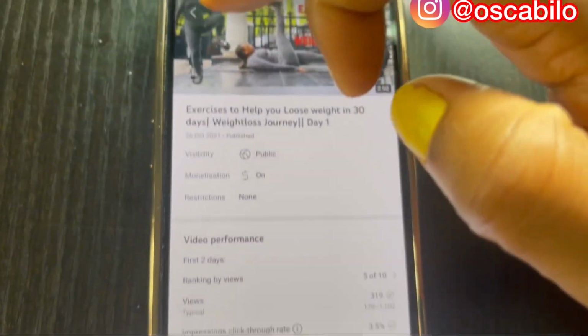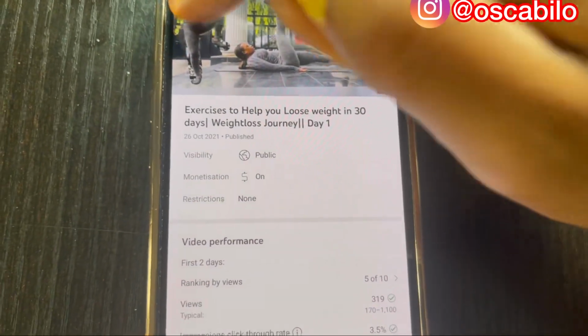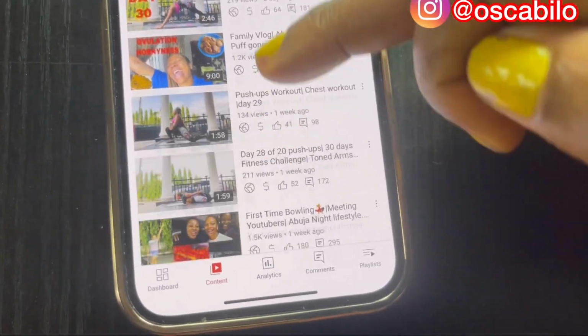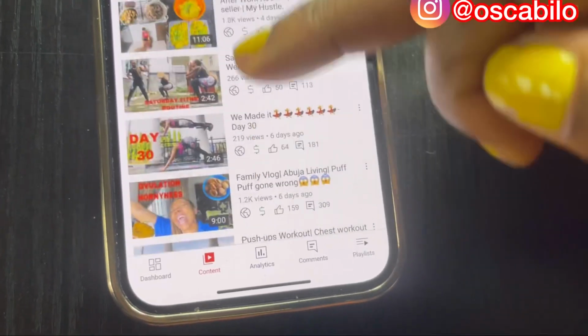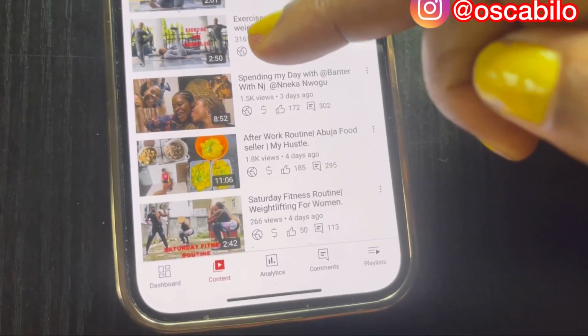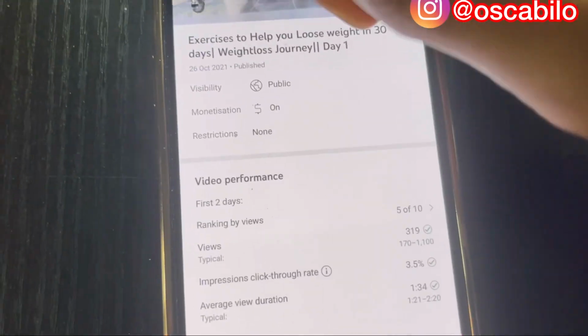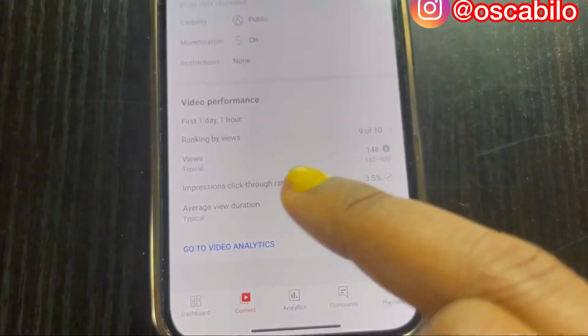Okay, I will be showing you another video. Now I'll be clicking on this arrow. Now when you click on this arrow, your video goes back. I want to show you another of this video. Okay, another video that I have on my channel. Okay, let's check this out. Okay, so this is another video. Okay, no, let me show you another one. Okay, now when we click on this,